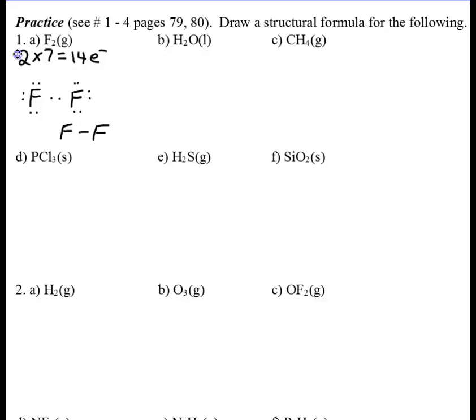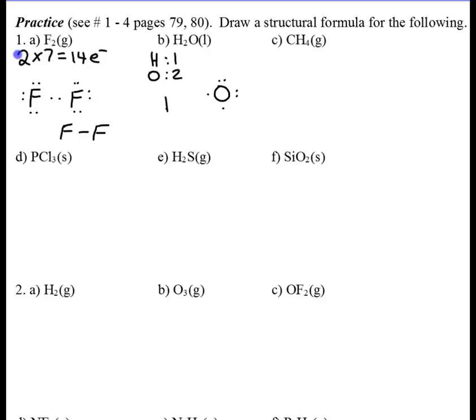Let's say, for example, we apply that method for hydrogen and oxygen. Now, hydrogen has a bonding capacity of 1, and oxygen has a bonding capacity of 2. So here we're going to place our central atom in the middle, which would be the oxygen. And if we draw its Lewis symbol,